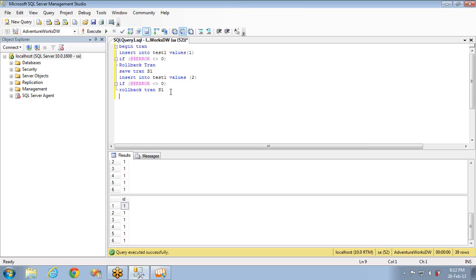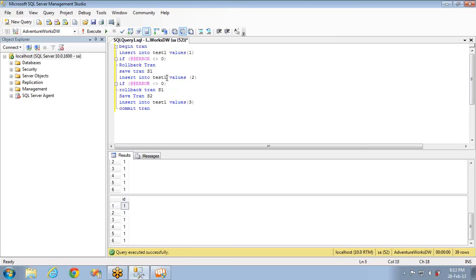Now this is done. You can have a save point here like S2, and again you can insert the data. Insert into test1 values 3, and here I'm committing the transaction.